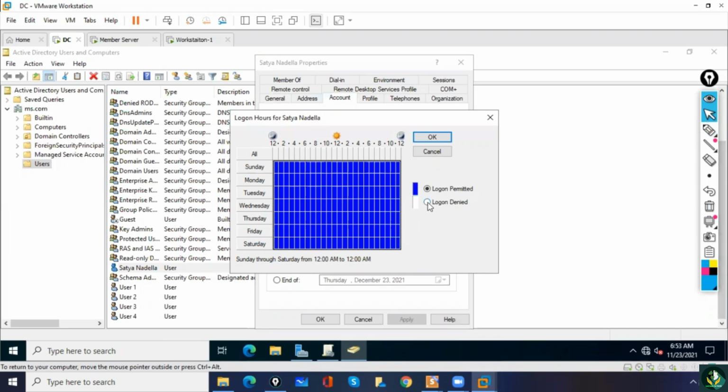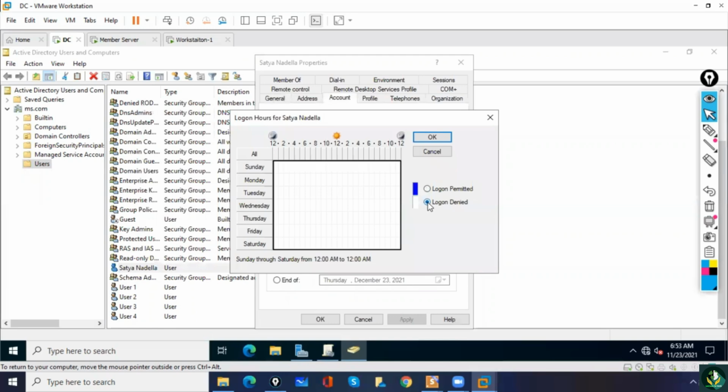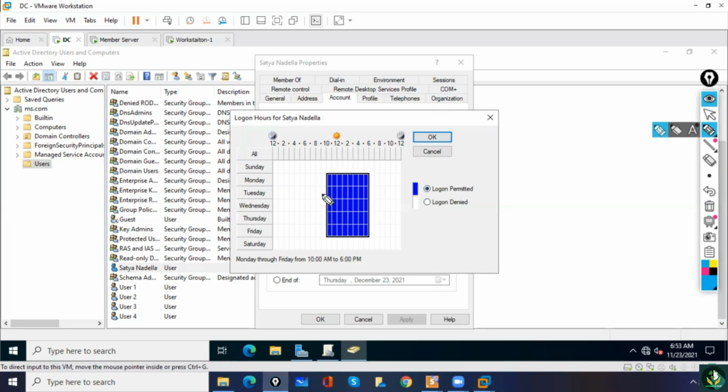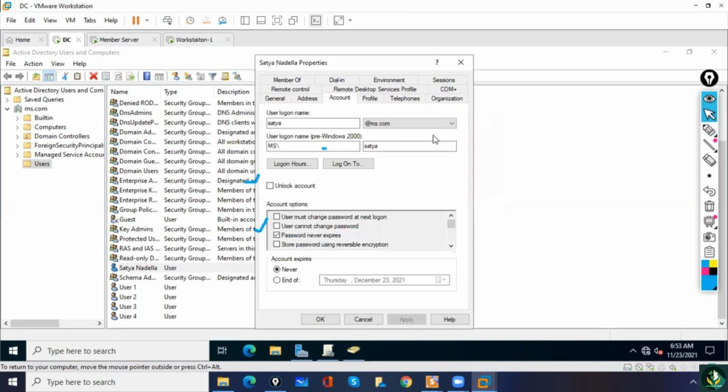So we will select this option, Logon Denied. And our requirement is from Monday to Friday, 10 to 6. So we'll select Monday to Friday, 10 to 6. If you see here, Monday through Friday, 10 a.m. to 6 p.m. Then we'll select this option, Logon Permitted. So green means it is permitted from Monday to Friday, 10 a.m. to 6 p.m. We'll click OK, apply,